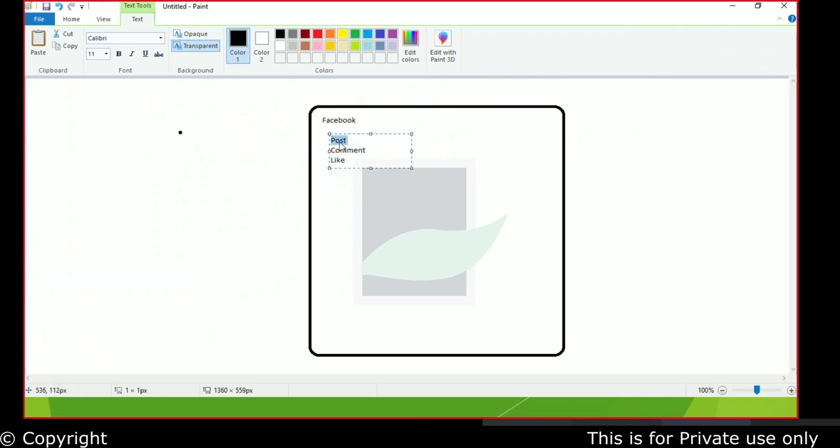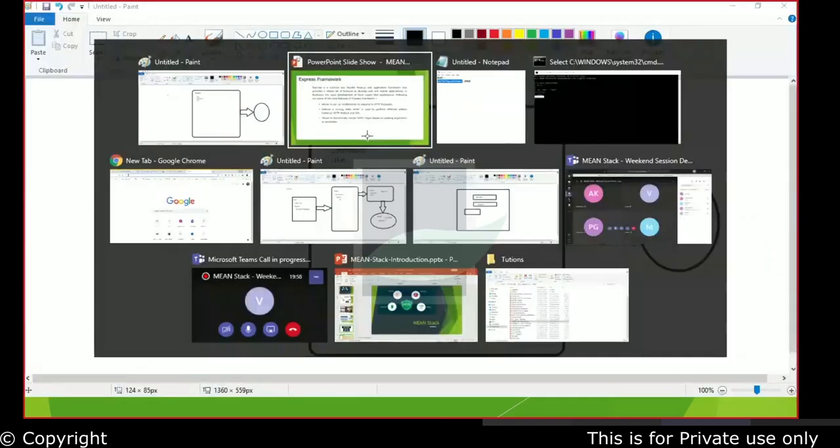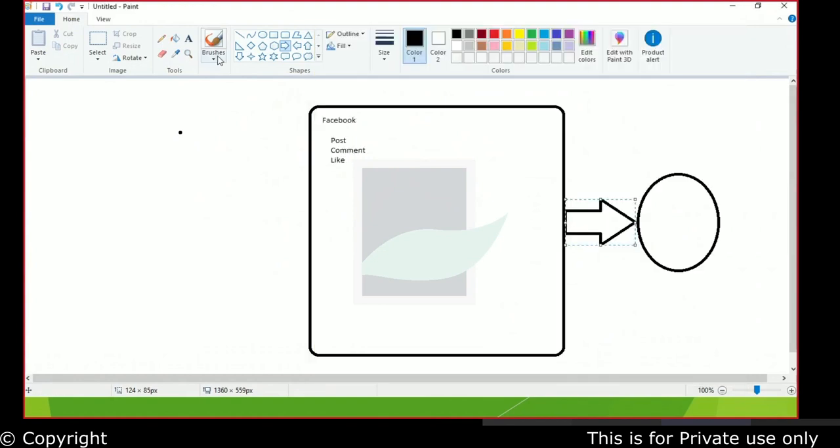What is a post? You are posting something. You are writing a comment. In the backend, Facebook stores this data in its database. So you are inserting something by doing these actions. What would that be in REST terms? It would be post. The action I would write to do these things would be post.